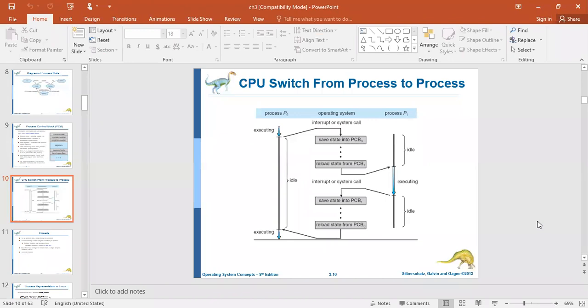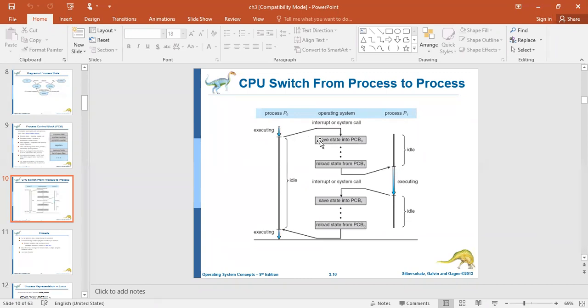In the switching process, the switching is done because of an interrupt or a system call. Somebody passes a control signal to disturb its execution, like saying I want your services, and passes some information. Once it is interrupted, it simply suspends whatever is being executed currently and then looks at what is to be executed next.